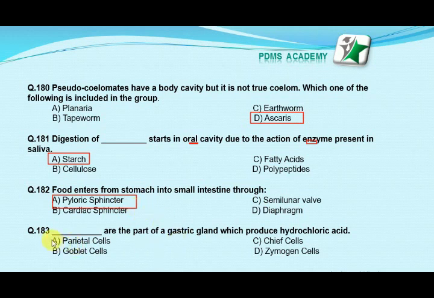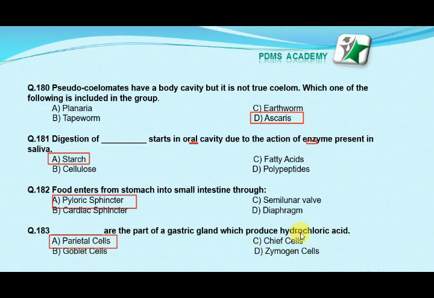Our next MCQ is: which one of the following is the part of the gastric gland which produces hydrochloric acid? Option A, parietal cells. Option B, goblet cells. Option C, chief cells. Option D, zymogen cell. Our correct answer is A, parietal cells. Parietal cells are also called oxyntic cells, and they produce HCl,